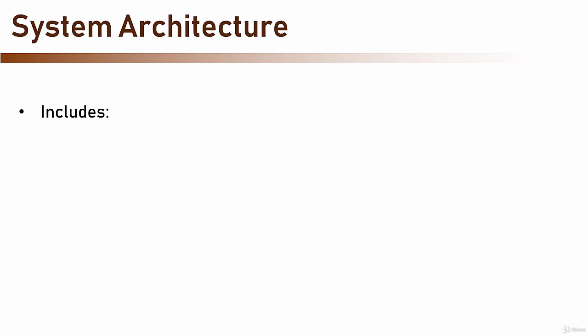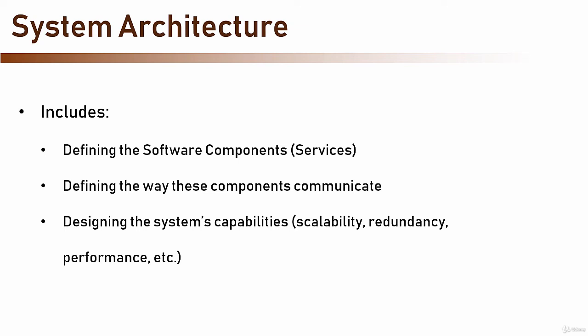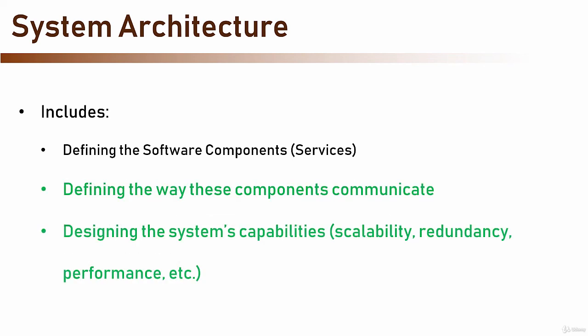The system architecture includes the following aspects. 1. Defining the software components or services that together compose the system. 2. Defining the way these components communicate with each other. 3. Designing the various capabilities of the system, namely scalability, redundancy, performance, manageability, and more. In this section, we will focus mainly on the second and third aspects, since we've already covered the software components